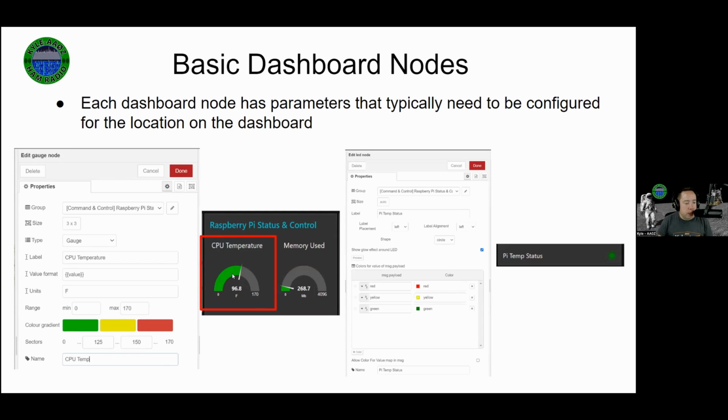So every dashboard node has got a configuration built into it. Whenever you configure your gauge, you can say, all right, I want a gauge here. Here's my label: CPU temperature. So this is where CPU temperature comes out. The value format is your default payload, your units in Fahrenheit, so you can see that F right there. And then you can give it a min and a max, where your sectors are located,